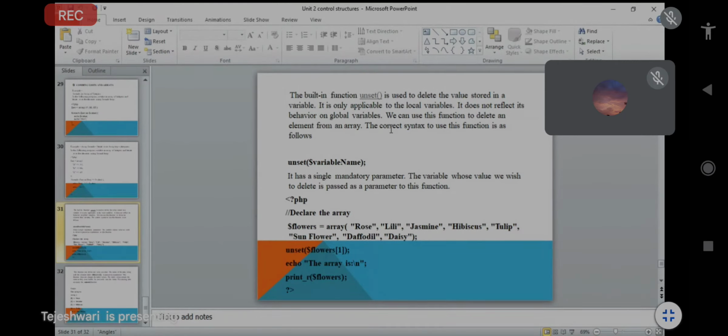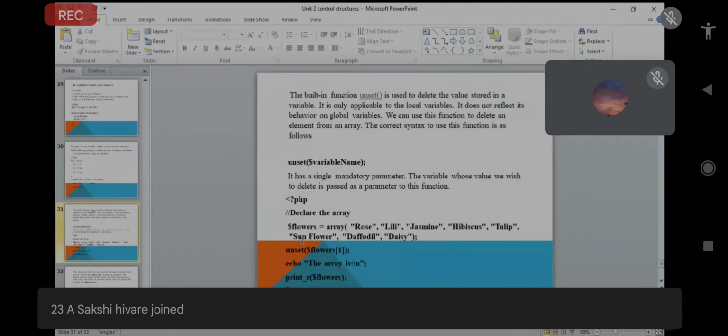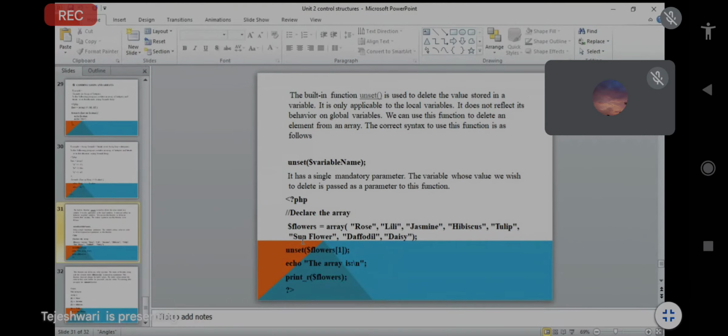It is only applicable to local variables, because if you see $flowers, that is your local variable. It does not work with a global variable; if you use a global variable, then we cannot use this function. This function, unset, is used to delete an element from the array.